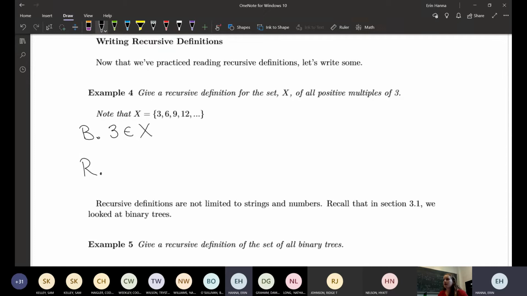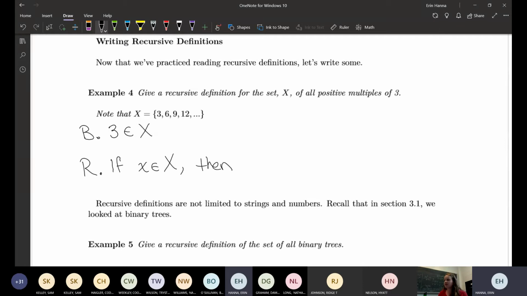And now the thing with the recursive step is you don't want to necessarily think about it as a function. You want to think about it as taking something that's in your set, and how do you take that thing and use it to find another thing in that set. So we would have to say, how can I take this element 3 and create another element, and so on and so forth. So here we would say, if some little x is in our set,